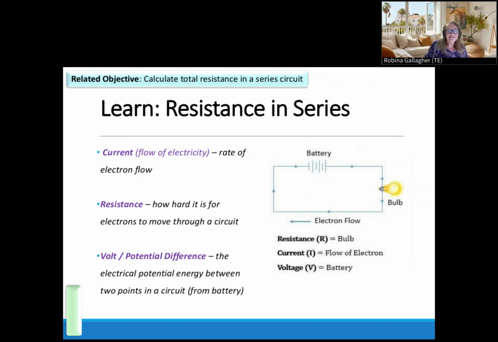Now, when we're talking about circuits, three things we need to think about. Current, that's the electrons flowing through the wire. We have resistance, and resistance is how hard it is for the electrons to move through the wire. And that's going to be determined,